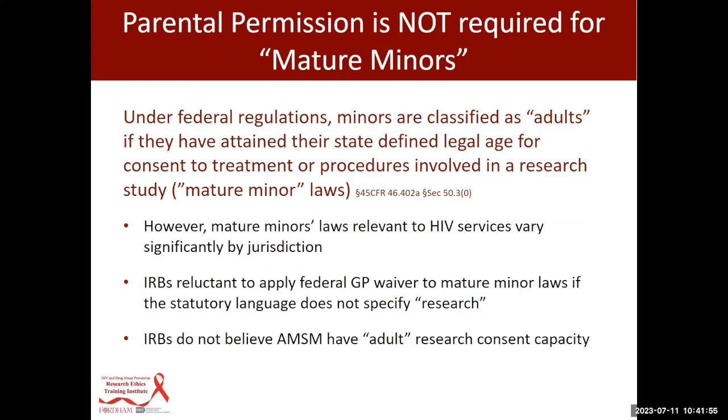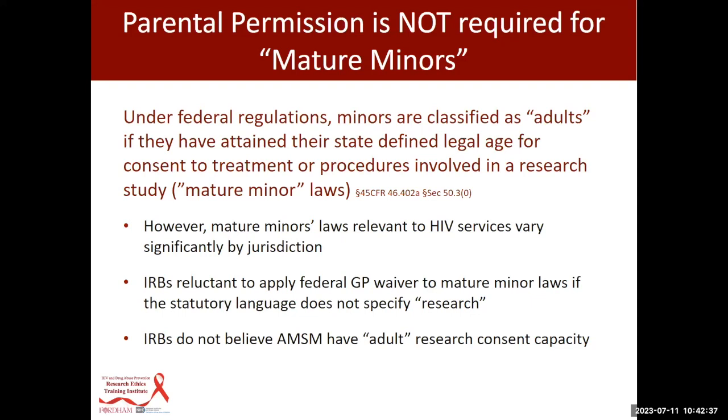So in addition, parental permission is not required for mature minors. If you look at the federal regulations, they define that if you're a mature minor, you are not a child and you do not come under subpart D. So you're an adult. Under federal regulations, minors are classified as adults if they've attained their state-defined legal age for consent to treatment or procedures involved in a research study, right? So if minors are allowed to get an abortion at 16, and you're doing a study on abortion, that's a minimal risk study, for example, or even if it's not, then they are adults in the eyes of